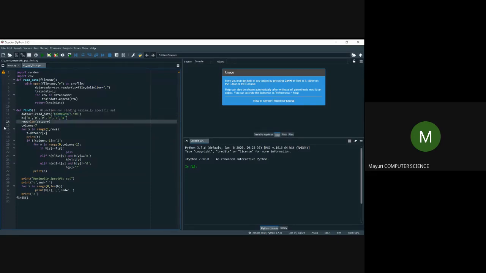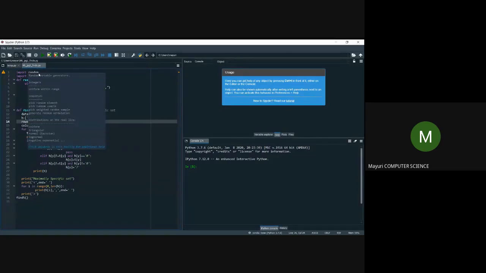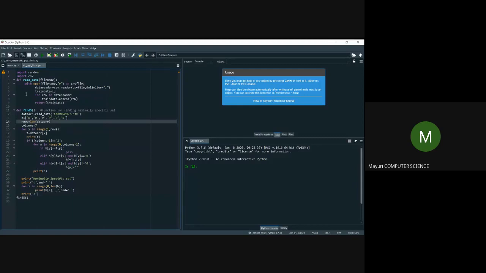In Python, we always know that it will start with the definition of the functions. Later, I will try to read it. These are the few modules I have to import: the CSV module and then the random module. Without the random module it also works, so no need to worry about it. I'll directly go to the function definition. So this is your function definition, find-S definition, right?